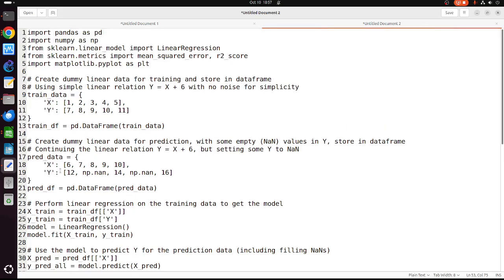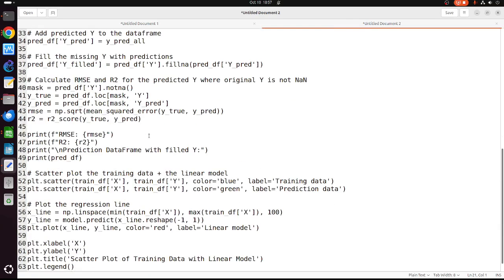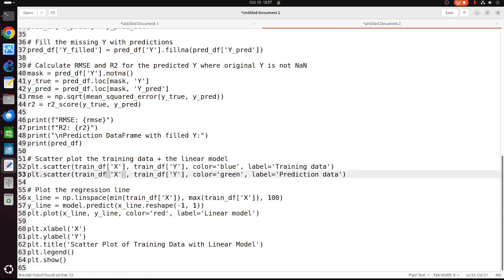Prediction data. So I have Y and this is pred df. I put it here. Oops. Okay. So scatter plot the pred df x and pred df y.